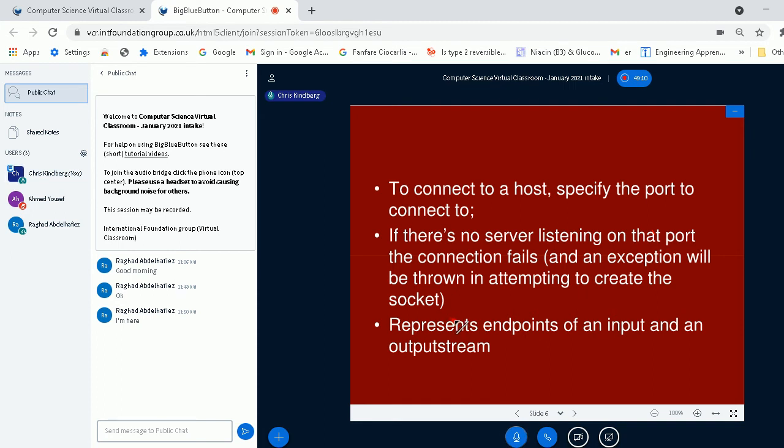So a socket, in effect, represents the endpoints of an input and an output stream. So that's important. So a socket, an individual socket, is an endpoint of either an input or an output stream.